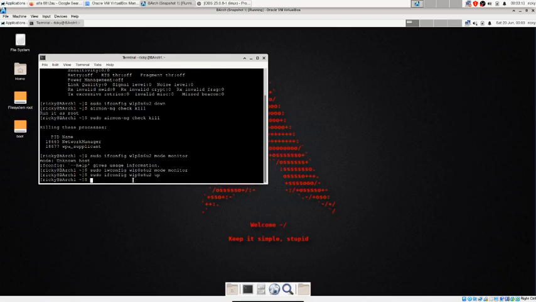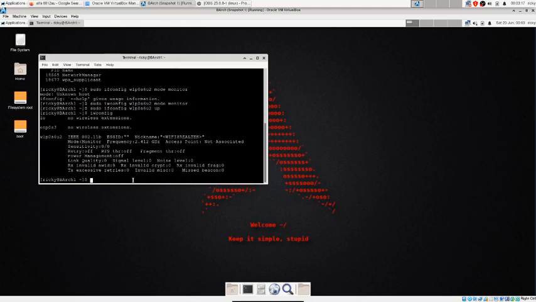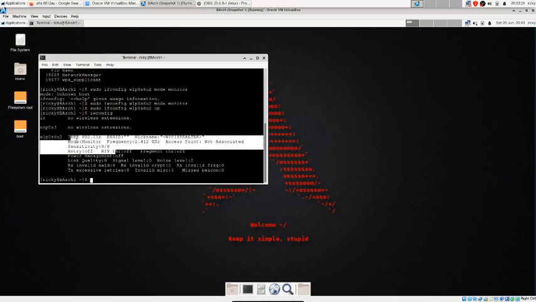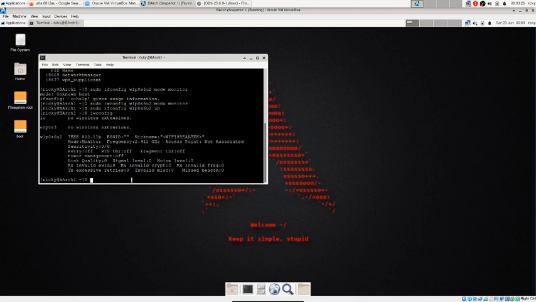So we bring that one up now. Run iwconfig, and you can see that the mode is monitor. This is the main thing we needed to change, and now we can scan the networks. This is the main change I want to show in today's video, and in the next video I'll show you how to scan.